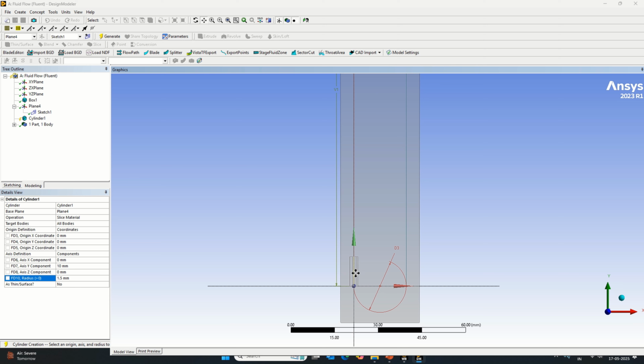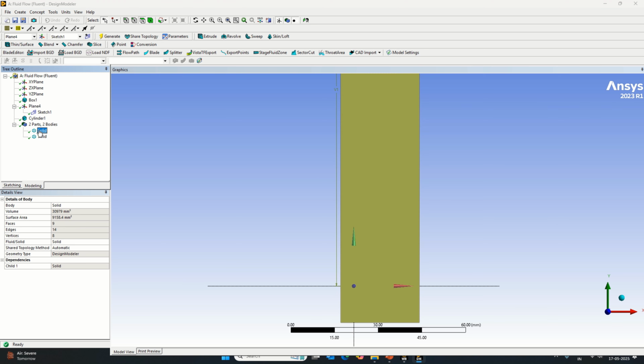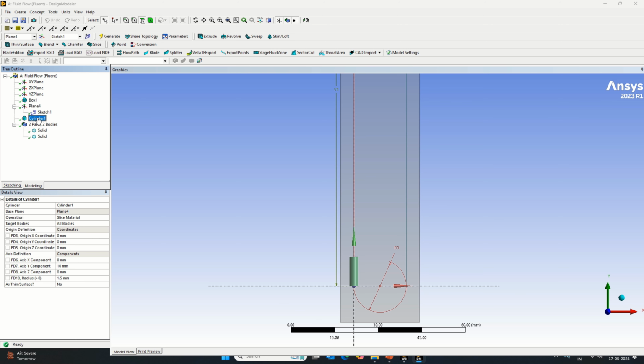Now we need this primitive to follow this particular path throughout, and that's why we will select this. Okay, so let's make it generate. If you click on generate, you will see this is a portion which is available here. So this is one solid part, and this is the cylinder which has been generated. Now you can make this cylinder thin here itself by providing certain thickness, or you can do it later on as well. I will prefer to do it later on